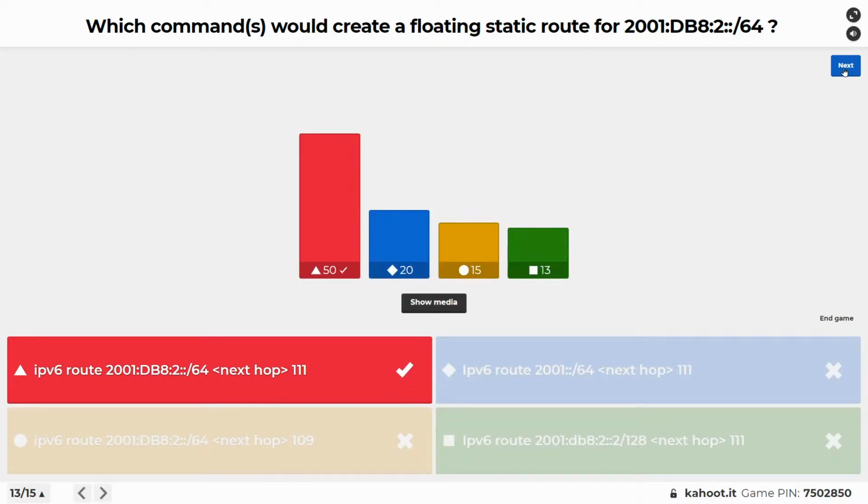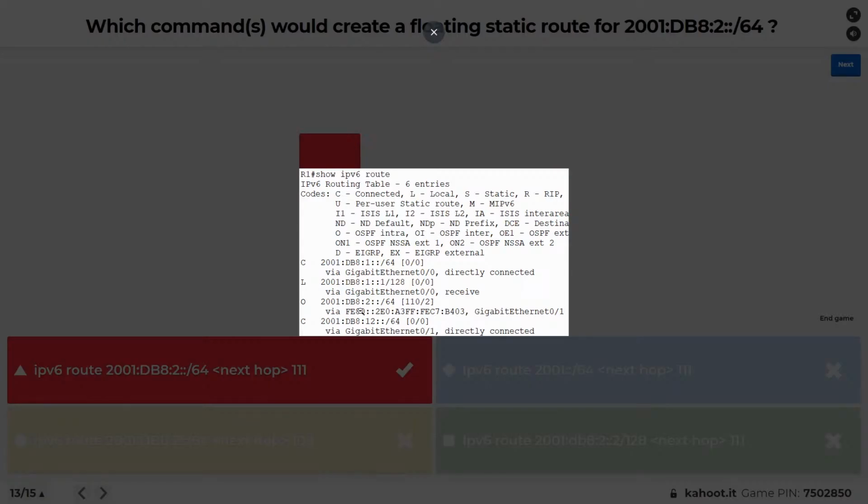Oh, great work. And many of these questions are similar. So with a floating static route, the first thing that I would look for is, okay, great, what is the current route, which is this 2001:DB8:2 network, that route with an administrative distance of 110. The thing about administrative distance, it's the same concept whether you're talking about IPv4 or IPv6. It's like golf. The better or lower the AD is, the better chance that route has of making it into